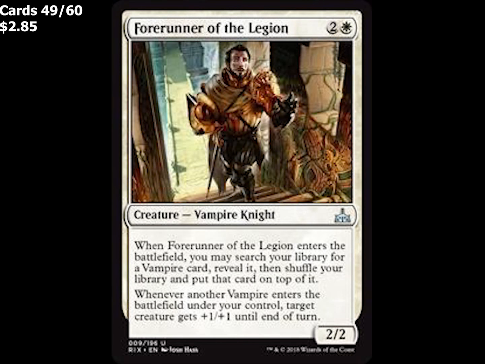I'm going to be adding a full playset of Forerunner of the Legion to the deck as well. These cards go for 50 cents a piece. So when you play this card, you get to search your deck for any vampire you want and put it on the top of your deck. So if there's a vampire that you really need, this is an easy way to get it to the top